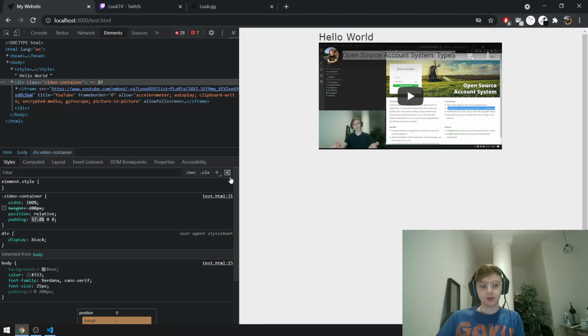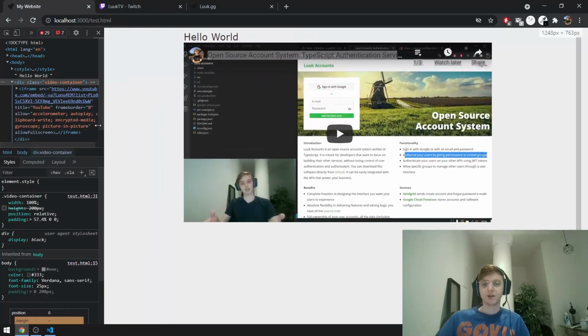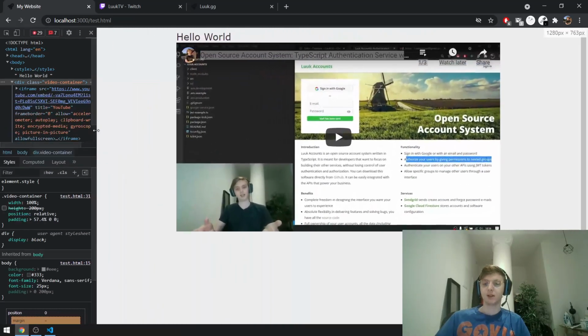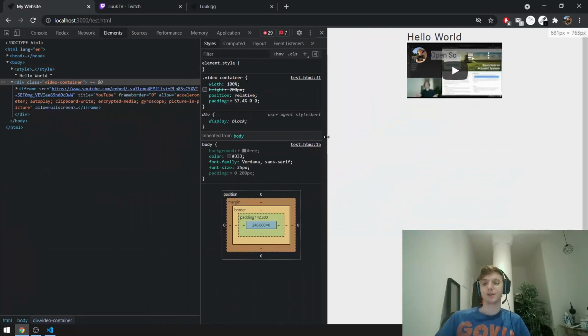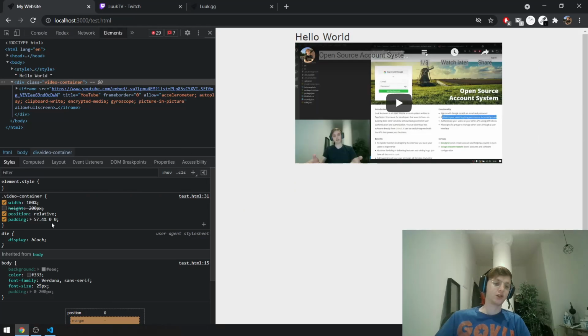There, that should be good. Something like that, right? And now when I change the width, it scales the video as a ratio, keeping it perfect with no black bars. This is the trick. And the reason why this works, by the way, is because, and it's such a hack,